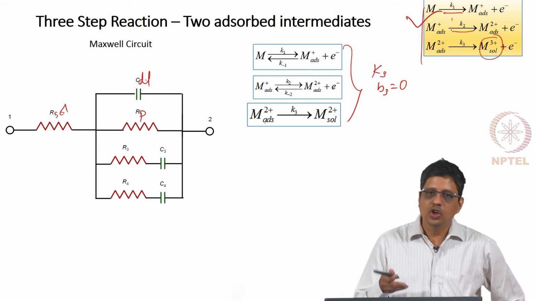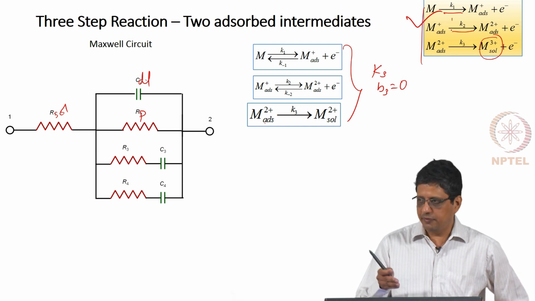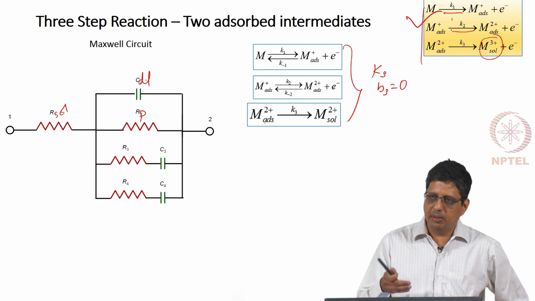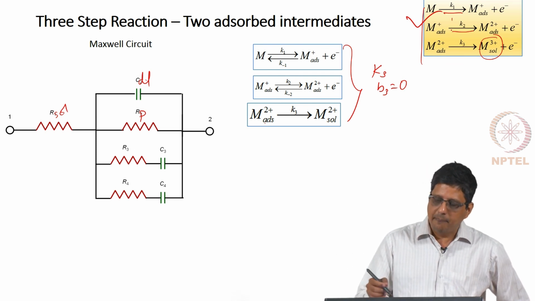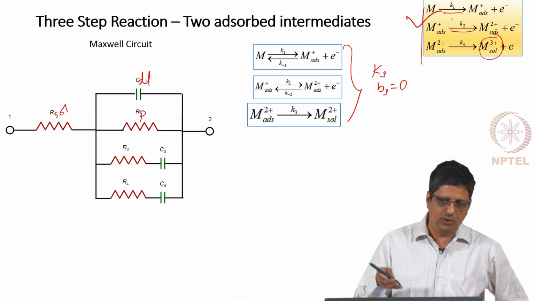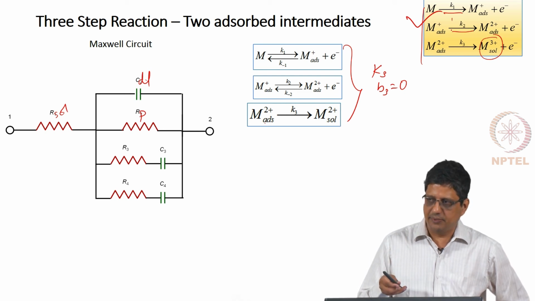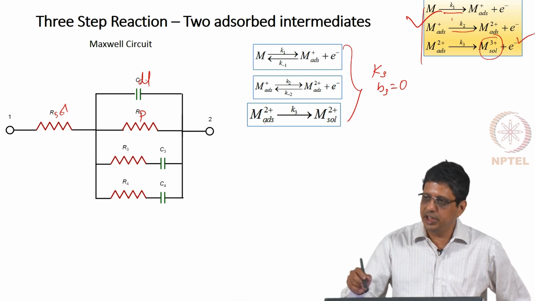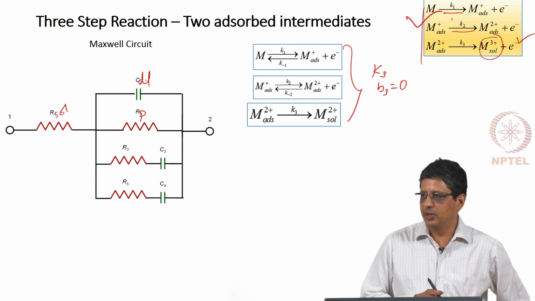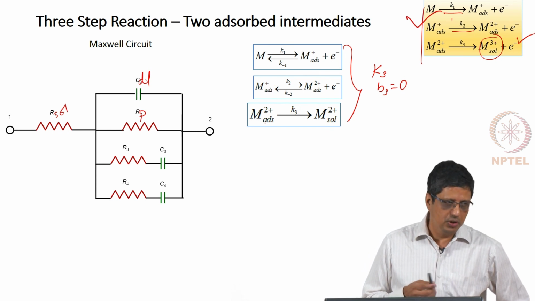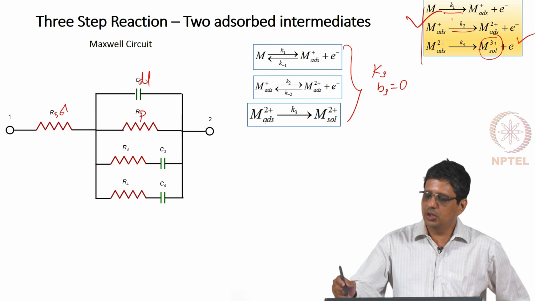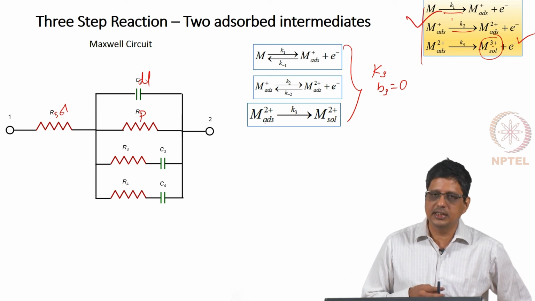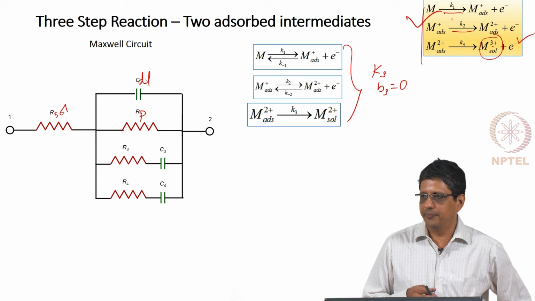But this is one variant. You can come up with multiple variants of this mechanism to say that okay, maybe this reversible step I have to take into account. Of course, you need to have some idea about the actual chemical reaction, the overall reaction. If you think it is Fe going to Fe 3 plus, you have to come up with this or some variation where in solution it is 3 plus. If you think it is a reaction of Cu going to solution as CuSO4, then you can't use the 3 plus because we know that Cu does not exist in the 3 plus oxidation state. So, it has to be based on some idea about what is supposed to be present in the solution phase.